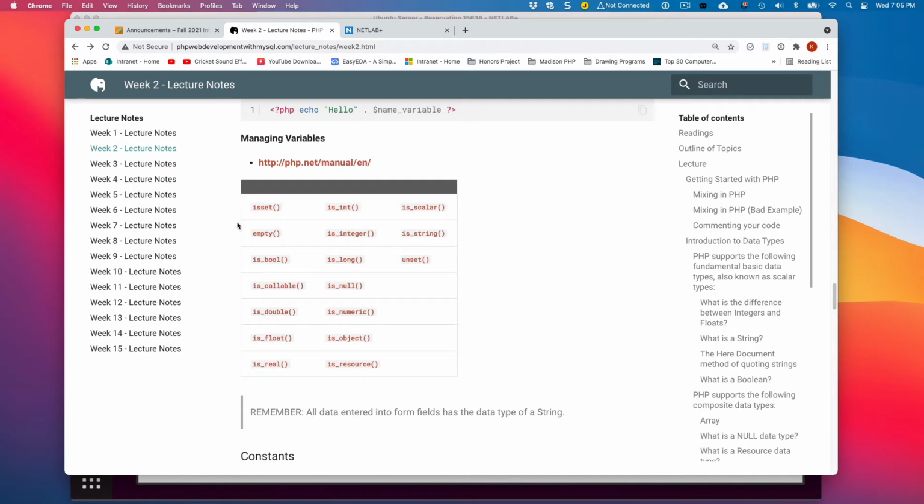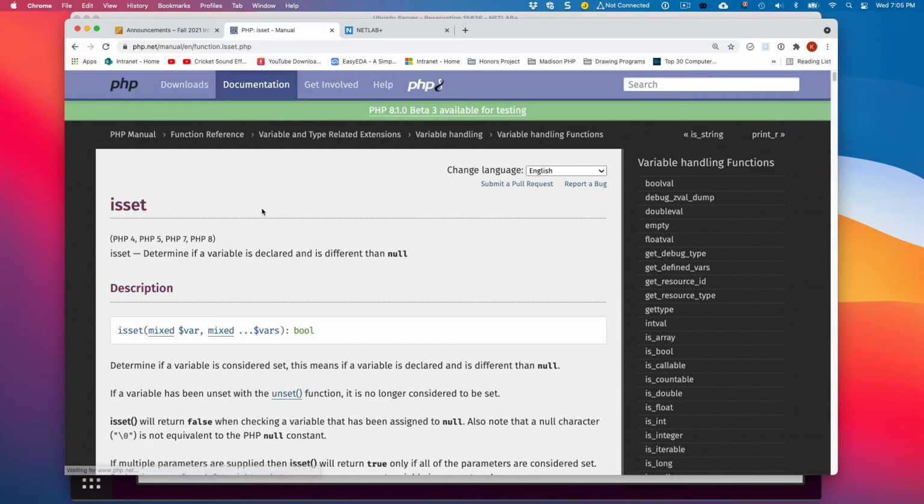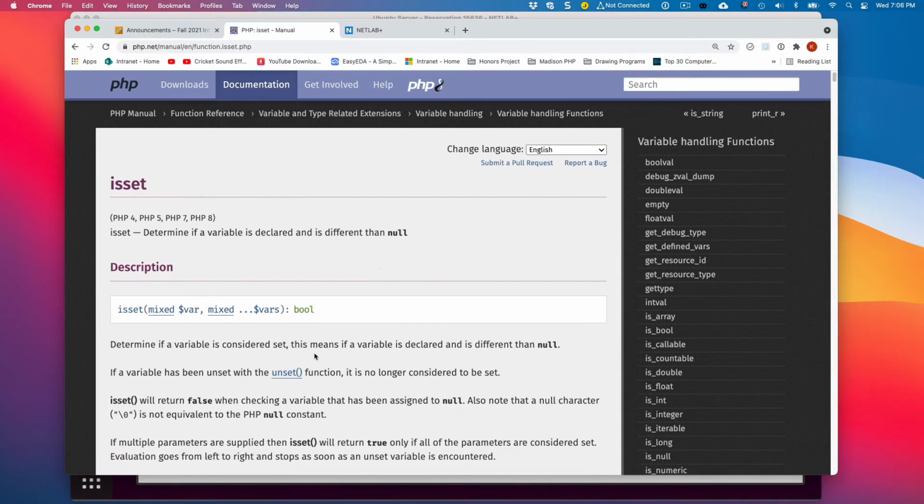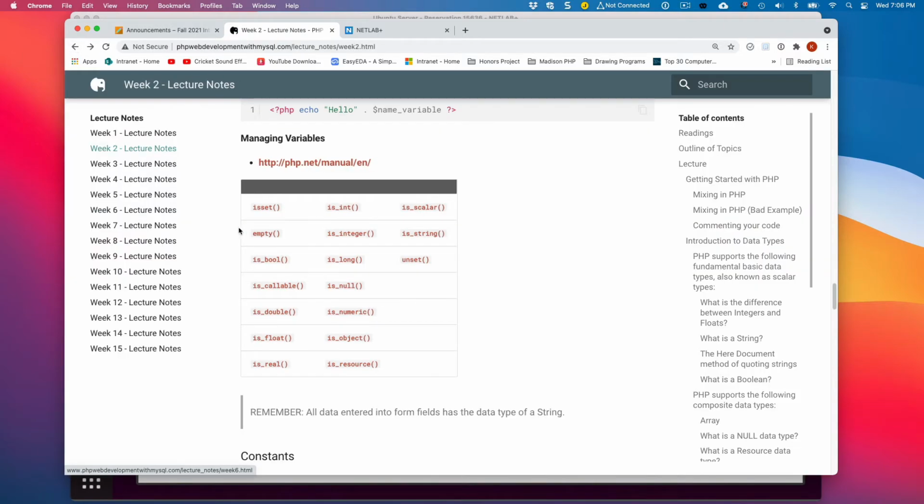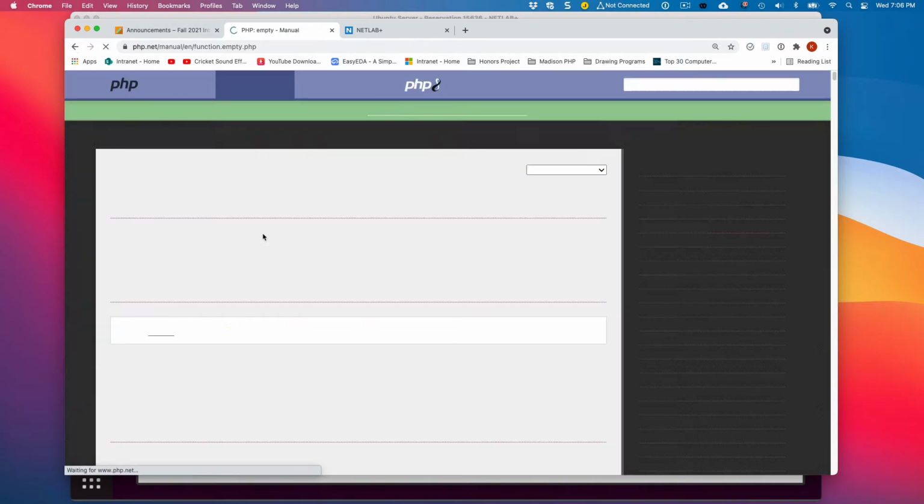A couple important functions that you'll see used a lot is isset, which determines if a variable is considered set. This means if a variable is declared and is different than null. And that'll make more sense as we go on. Empty is slightly different.